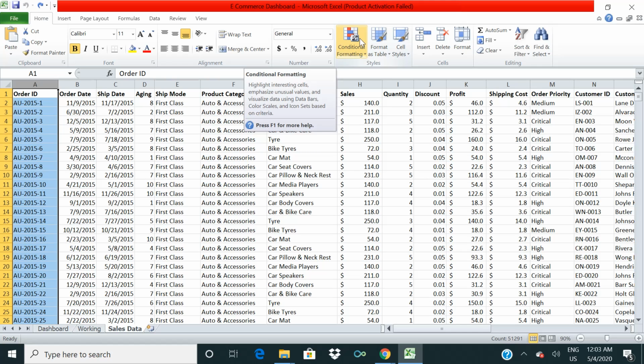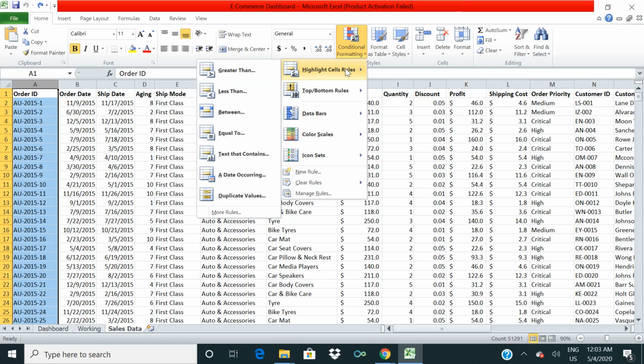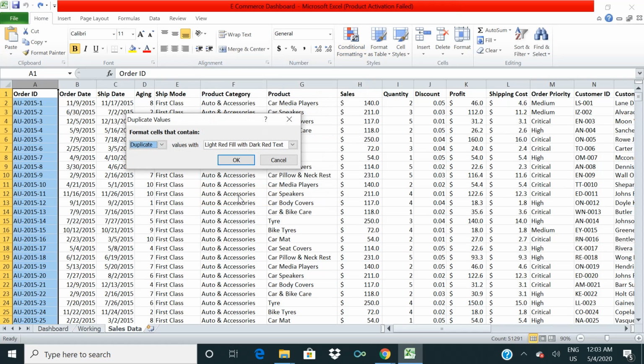For finding duplicate values, I will go to conditional formatting and then highlight cell rules. Then here you will find the duplicate values option. So I am clicking on this, format cells that contain duplicate values. Here, values with light red fill and dark red text.